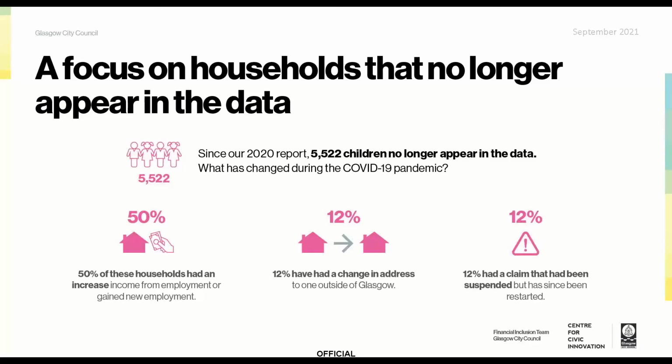So we're wondering, where are they? What happened to them? And how had the family's income changed that they were no longer entitled to council tax reduction or housing benefit? And what was really interesting is that we sampled a number of cases. In fact, we sampled hundreds and hundreds of cases.